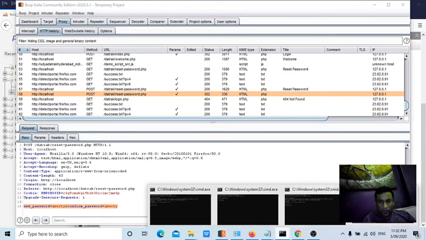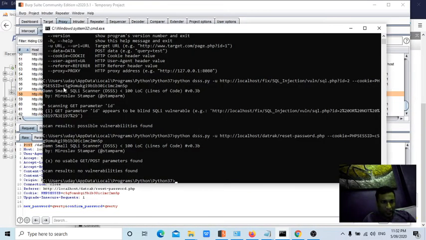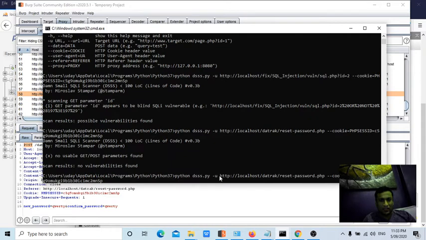Now, this is the POST method, guys. For the POST method, he's saying to pass --data with the post data. So now the same thing: -u URL, and the cookie is to access the internal page. Since this is the POST request page, I'll try to give --data is equal to,